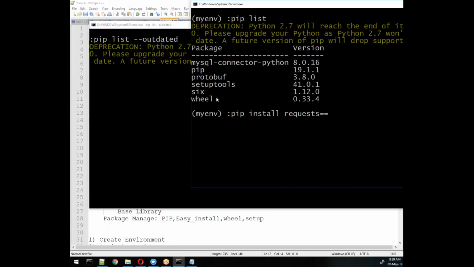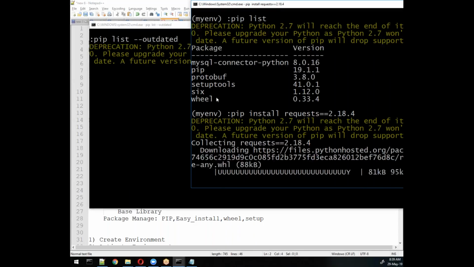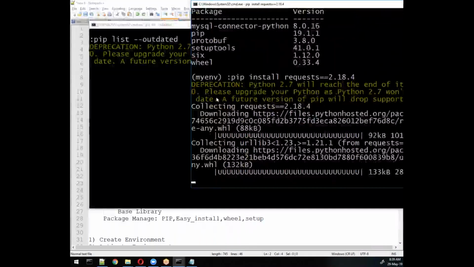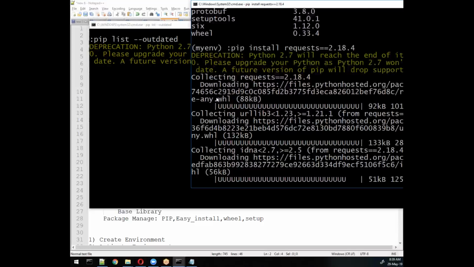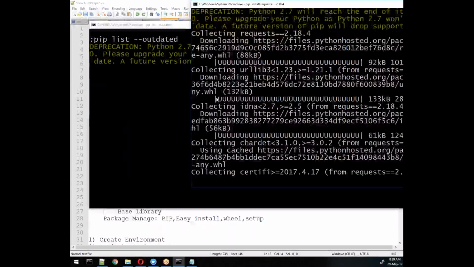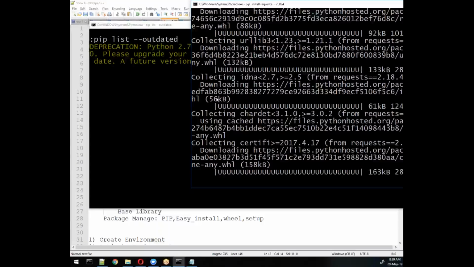At that time we require it, and if I want to install a particular version, I'll write the version number here. So it will only install that version, if it is available. It searches for this version on that website, and after finding it, it will collect that data, install it in your system and configure your system properly based on the requirement you gave. Okay, so here requests is installed.